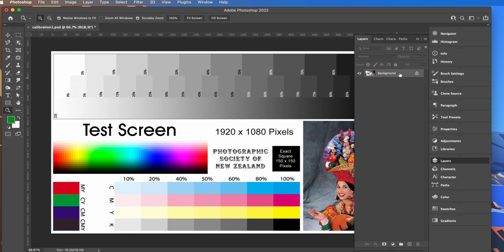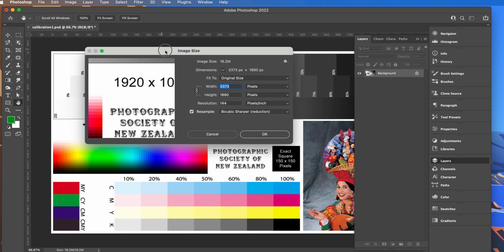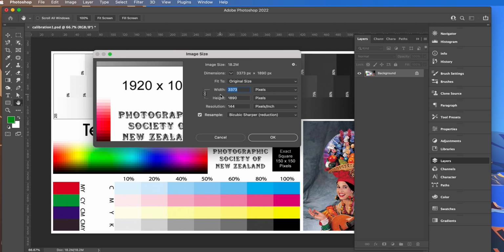So we've flattened our image. We're then going to resize it, and getting the order of this is important. So master file first, saved as a PSD, then flatten your image down to 1 layer, then resize. So we're going to go to image size, and this box gives us all the details of how large our